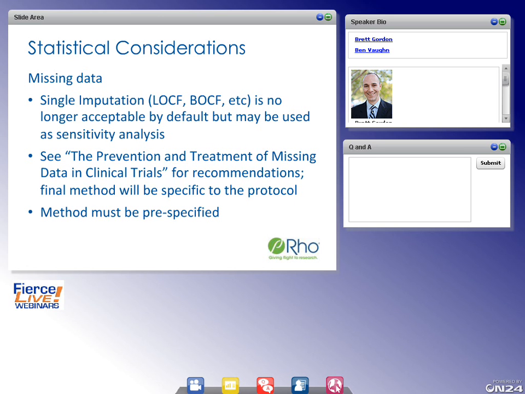Pattern mixture models, you really have to say what your patterns are going to be, and that can be difficult in a lot of settings where you just don't know precisely what the mechanisms of missingness are prior to actually running the trial. An exception might be